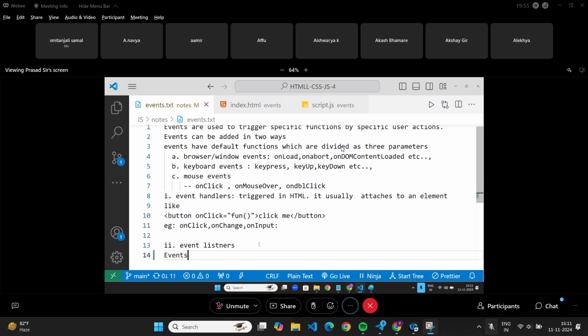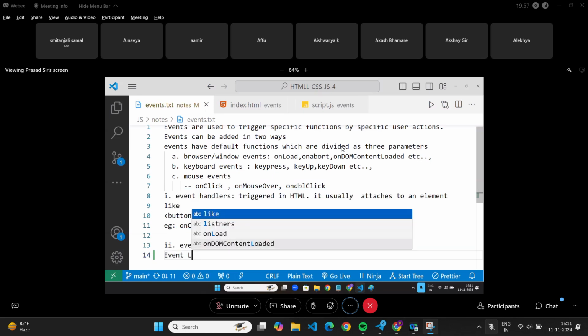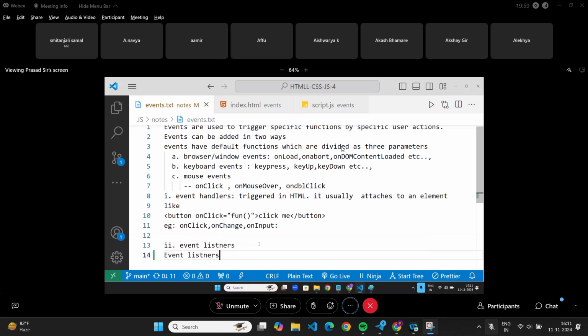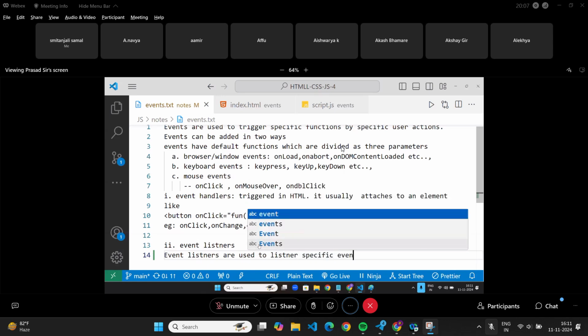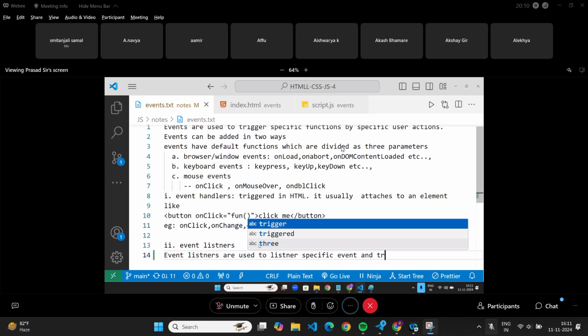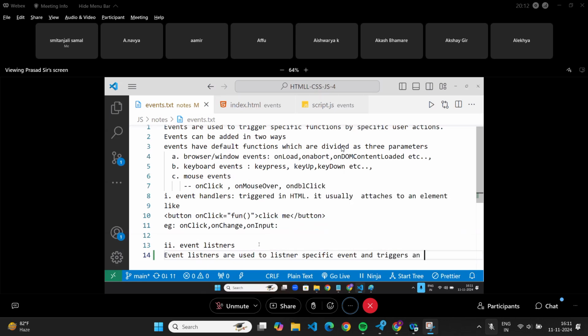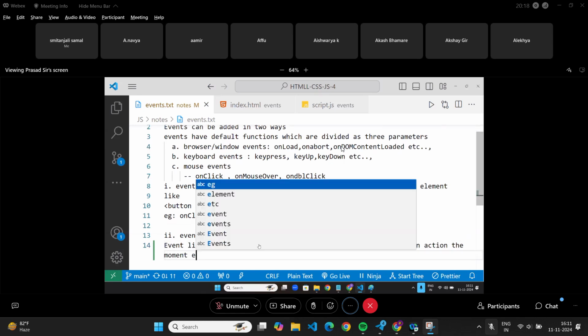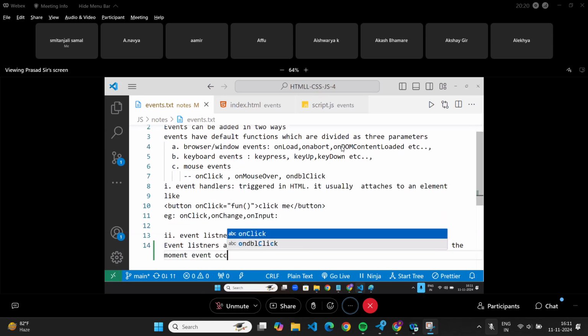Event listeners are used to listen to a specific event and trigger an action the moment the event occurs. The moment the event occurs, we will trigger an action.